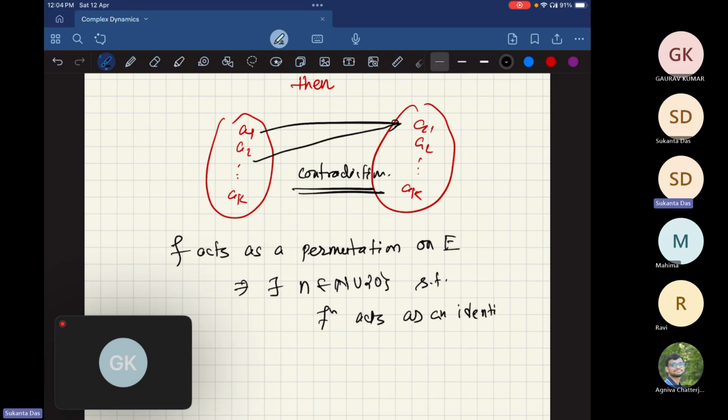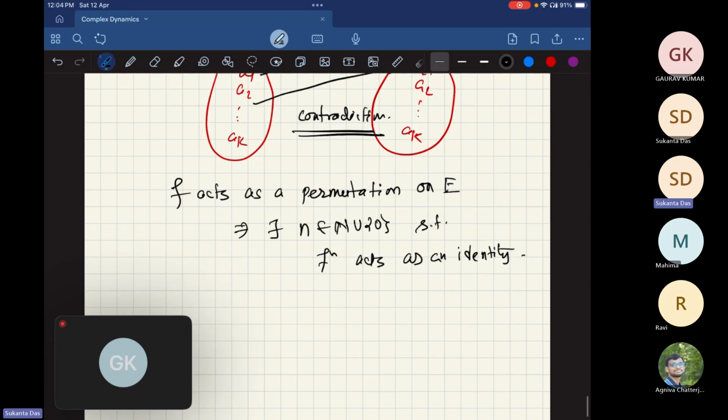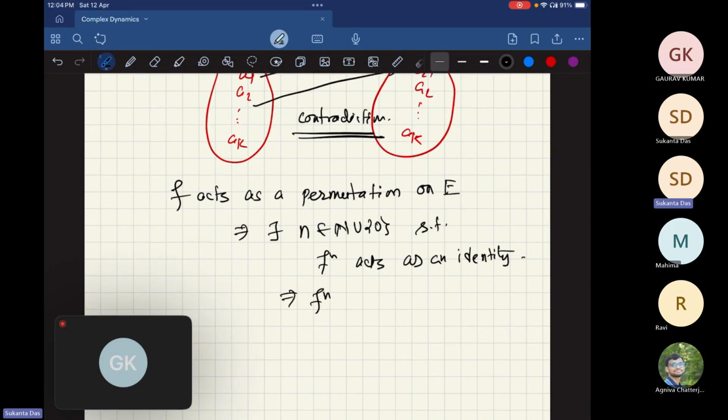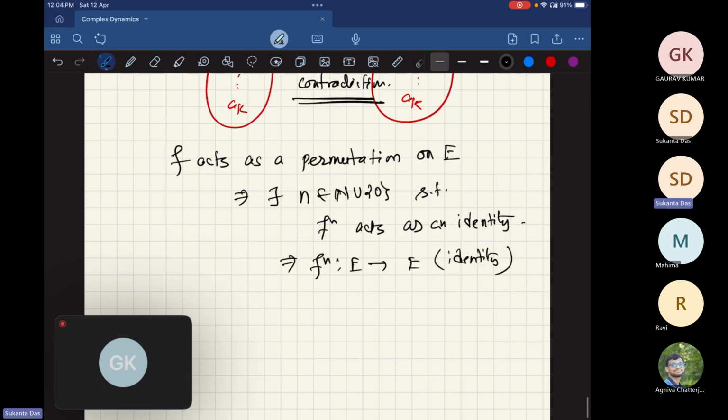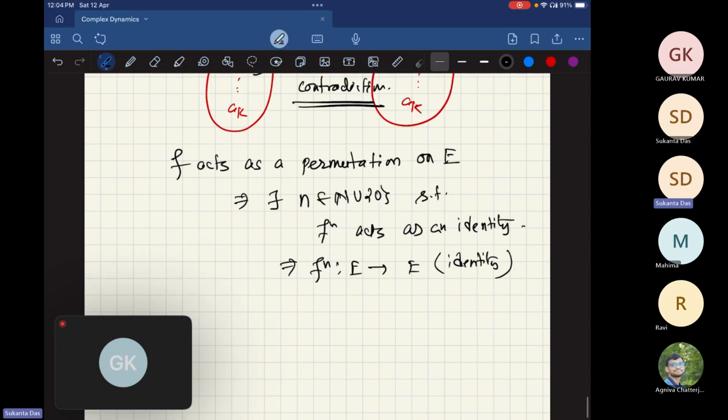Since we have a permutation map, then after some iteration this permutation map will act as an identity map. That means my f^n will be from E to E, and this is an identity map. So then what happens? If this is an identity map,